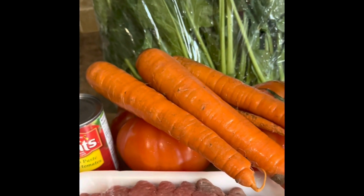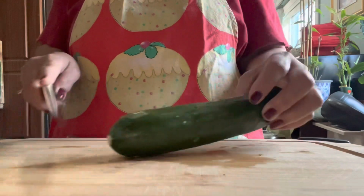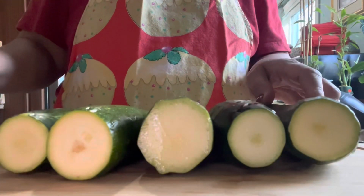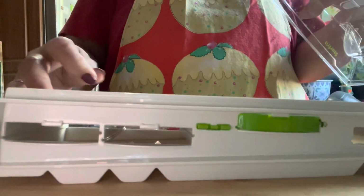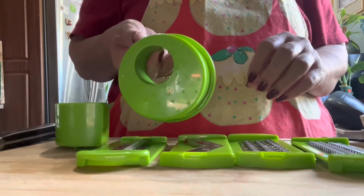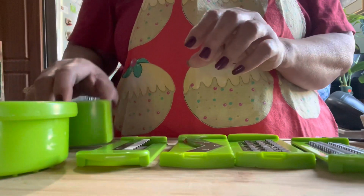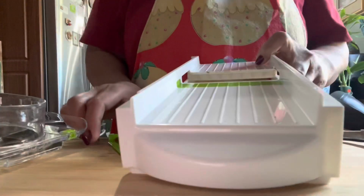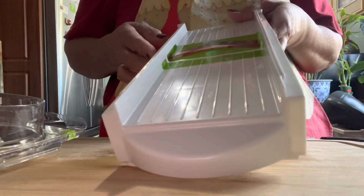Today we're going to make zucchini lasagna. So ayan, makikita niyo marami tayong mga gulay-gulay dyan. So now we're going to wash and cut the ends of the zucchini, and I'm going to use my slicer for the first time. Nabili ko to ng matagal na, hindi ko naman nagagamit. So today we're going to use the slicer and the